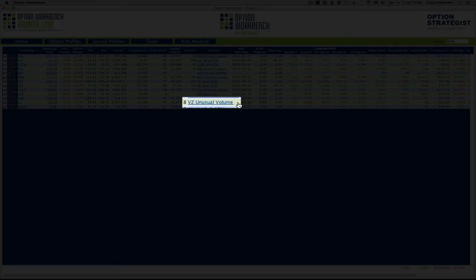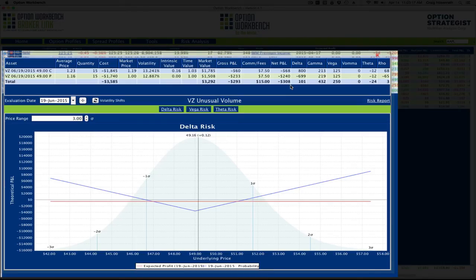To examine the details of an open position, I click on the position link. This will open the detail viewer, and I can test my volatility assumptions and produce updated risk reports. But suppose I want to see whether an adjustment would help my position. For example, I bought this delta neutral straddle on VZ because there was some unusual call activity. The delta is now over 100, so I want to see the effect of selling some stock to re-neutralize the